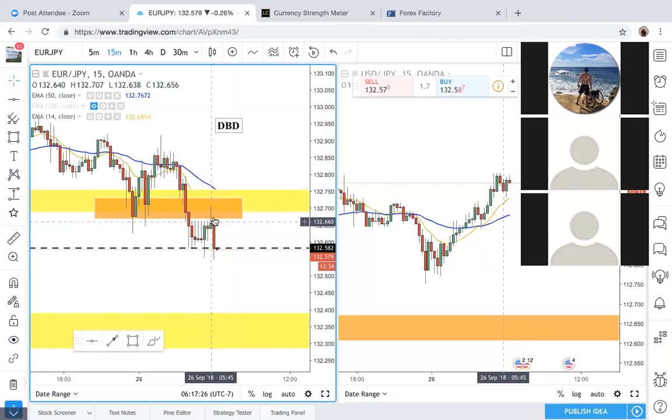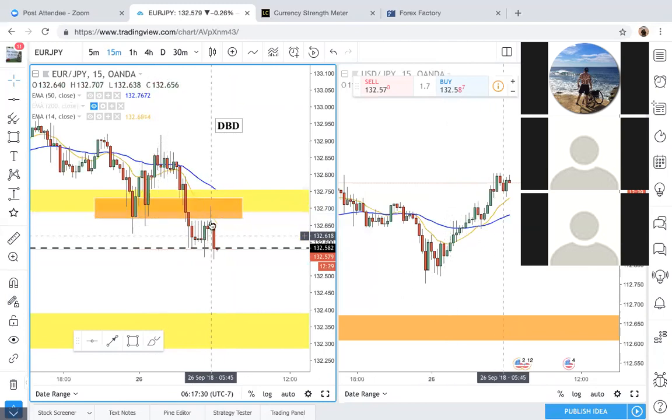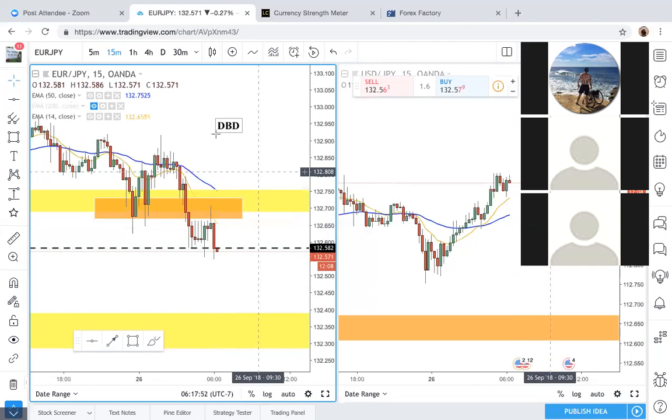And actually, as price pulled up, I said, this is where you want to take your sells. And so even in that whole range, still could have taken the sells. But just through waiting for the candle to close just kind of gave me a little bit more confirmation. I didn't necessarily anticipate price to drop right away. I maybe anticipated a little bit more rejection, and then a drop. So this is just the luck of the day,